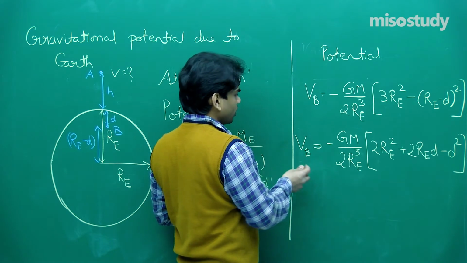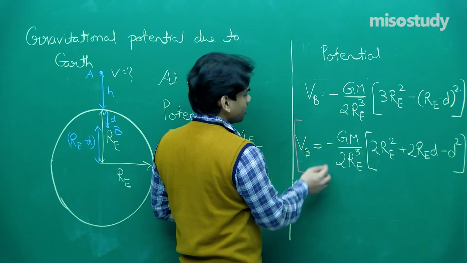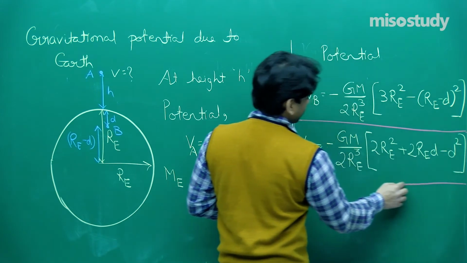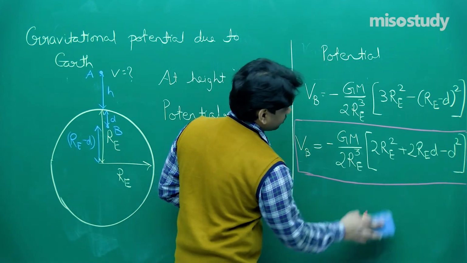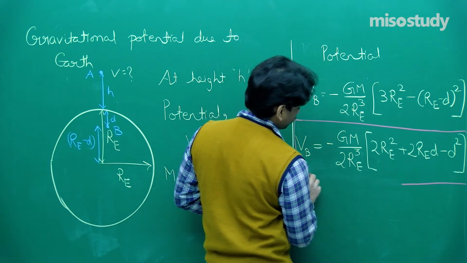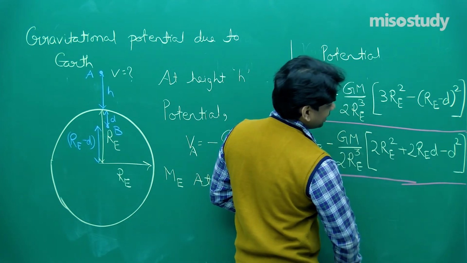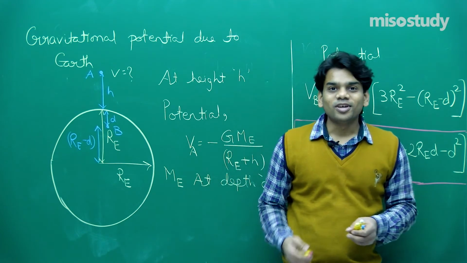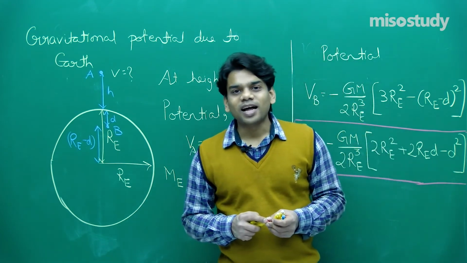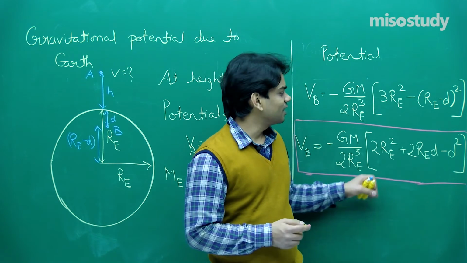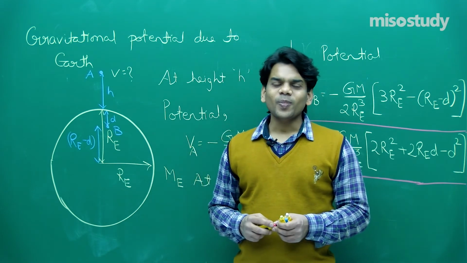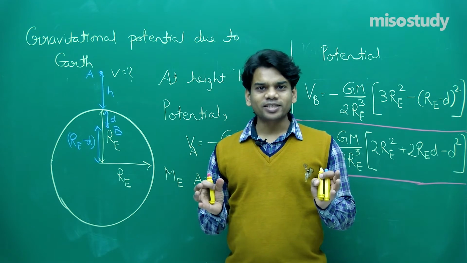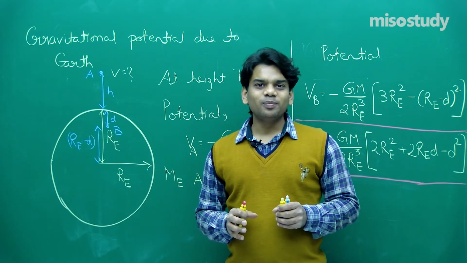All this seems to be quite lengthy, but it's better if you remember the basic formula. You can easily derive it on any day. If you remember the basic formula for potential due to a solid sphere at an internal point, you can easily get this formula, and you can substitute the values. Whatever is given in the question, you can substitute the values and find out the value of potential at an internal point. From here on, let us go ahead to how potential energy and potential are related.